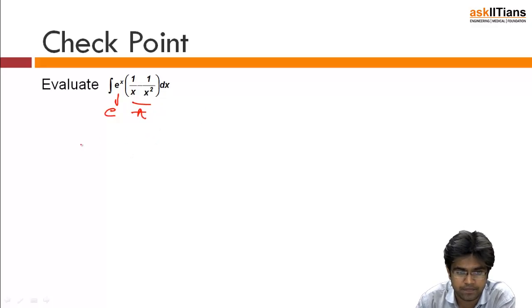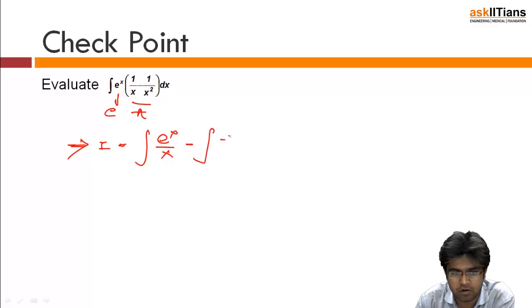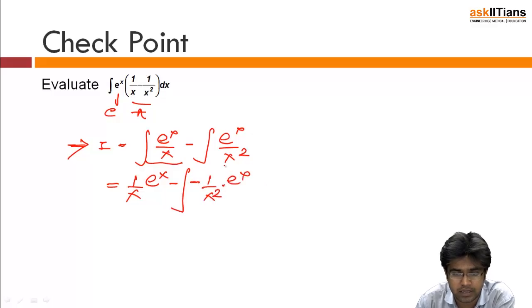What? Let's see. Let it be I. What is I? I is integral of e to the power x by x minus integral of e to the power x by x square. What I am going to do is apply by parts here. So obviously e to the power x is going to be the integrable function. So 1 upon x, integral of e to the power x is e to the power x, minus, I am dealing it for the first function only, integral d by dx of 1 upon x is minus 1 upon x square, integration of e to the power x is e to the power x, and then this function remains as it is, minus integral e to the power x by x square dx.